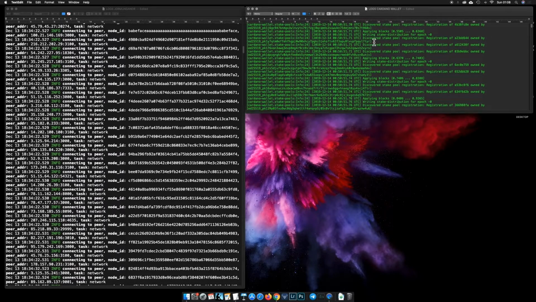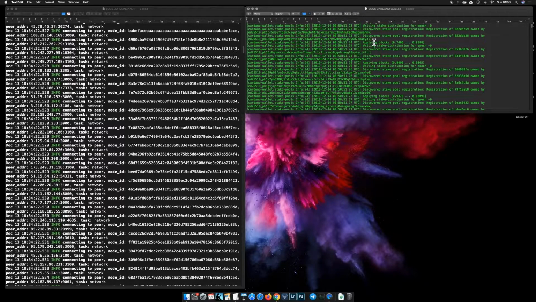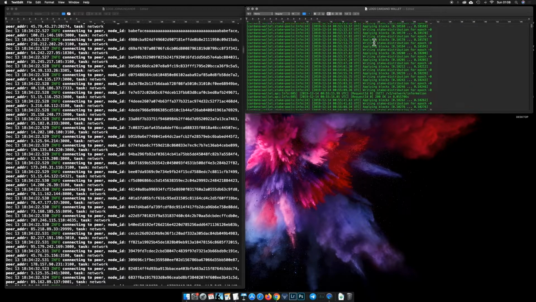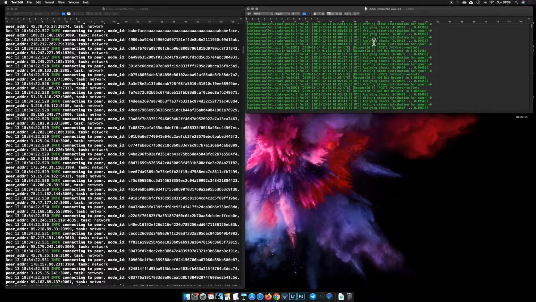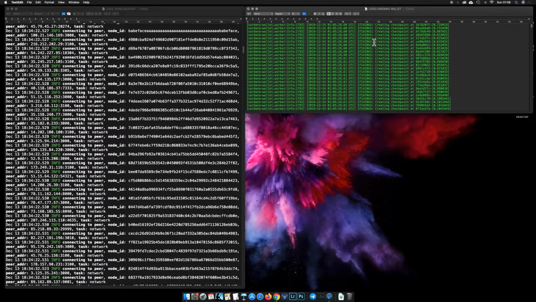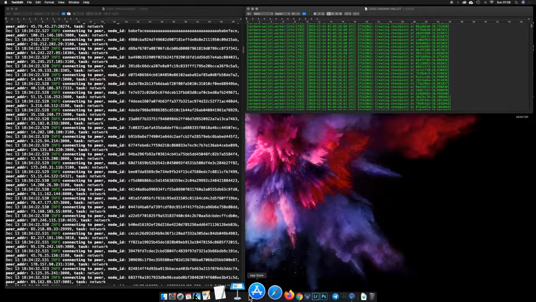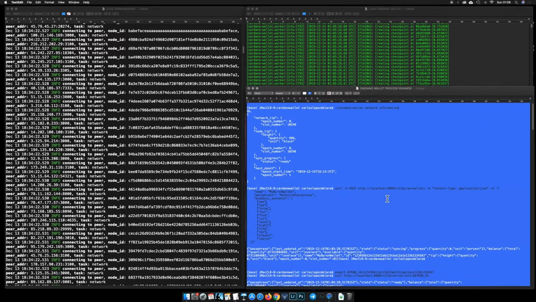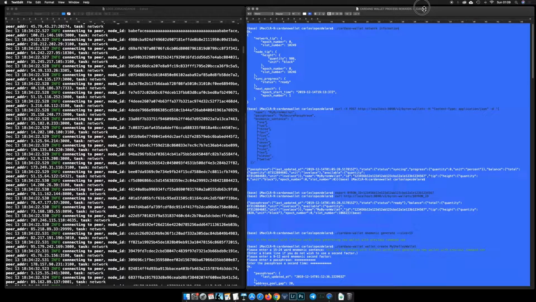Immediately we could see a lot of things happening here. After a few minutes, I guess I was something like here when I actually opened another terminal, which was this, and this is where most of the things happen. I am gonna drag this up, and once the Cardano wallet software was working, what I did was to